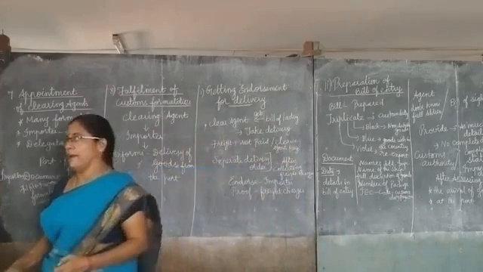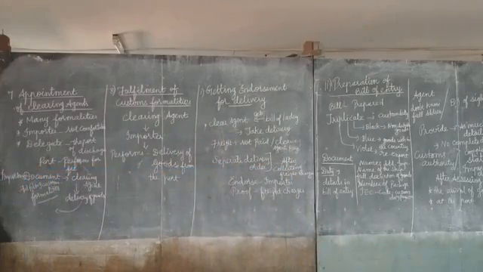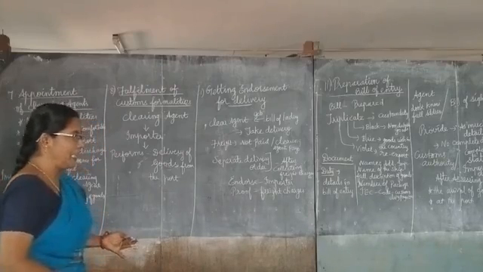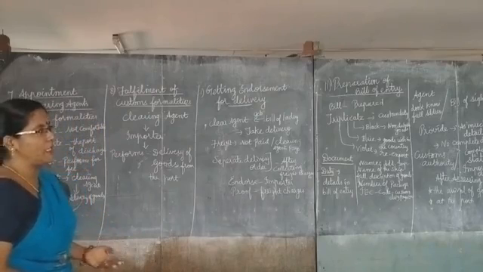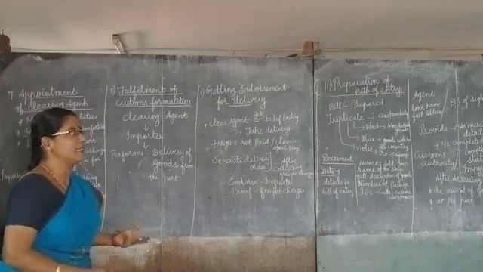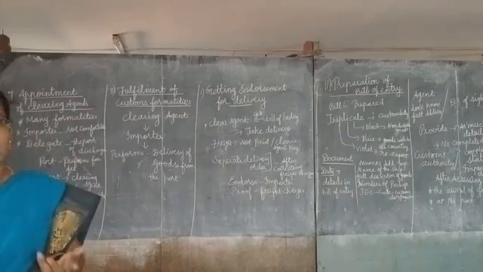Then, the preparation of bill of entry. What is the preparation of bill of entry? They have to prepare a bill of entry. Already we have studied dutiable goods, non-dutiable goods, everything, isn't it? What are dutiable goods? Which are all the goods subject to tax, that is considered dutiable goods. Let us see about that.